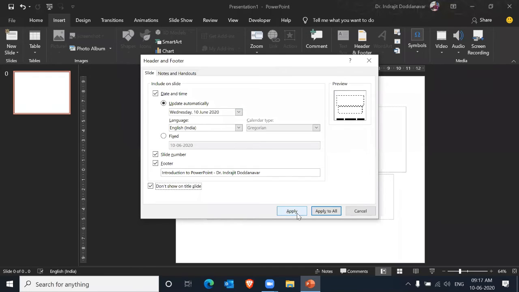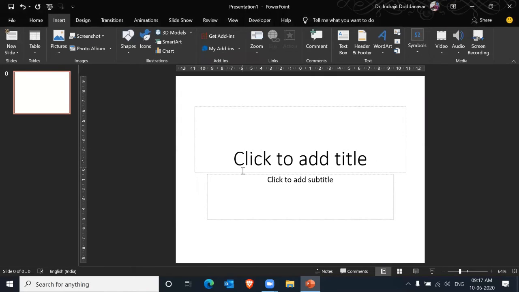We should not click Apply, because if you click Apply, the changes will be applied only to the selected slide. What we actually want is for these changes to be applied to the entire presentation. If I have about 30 slides, all the 30 slides should have this particular format. So I will click Apply to All. When I click Apply to All and you see the first slide, there is no change, because whatever modifications we have told PowerPoint to do, it should not apply to the first slide.